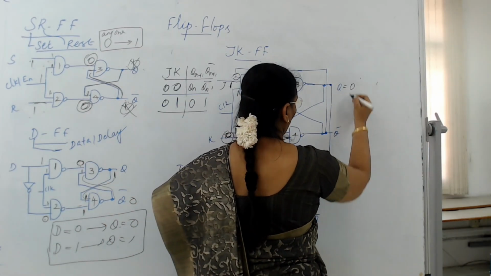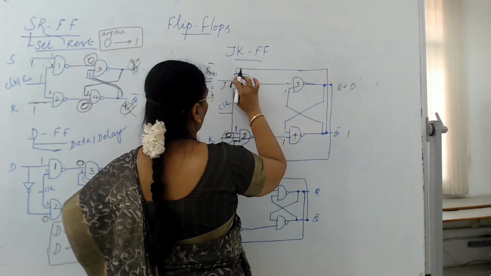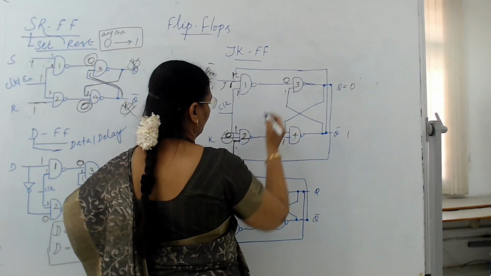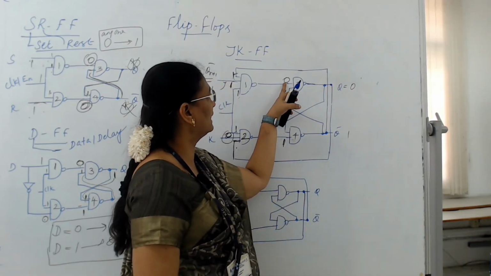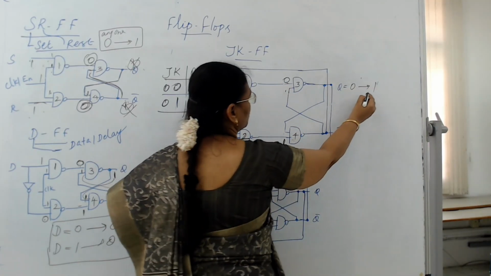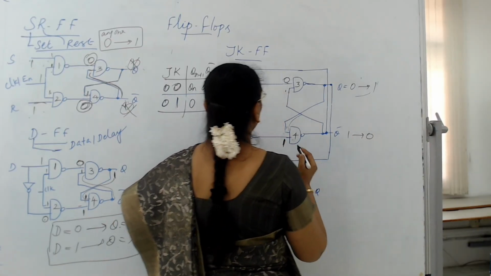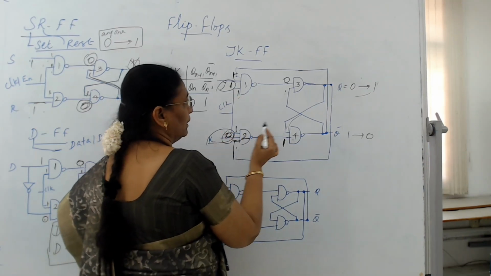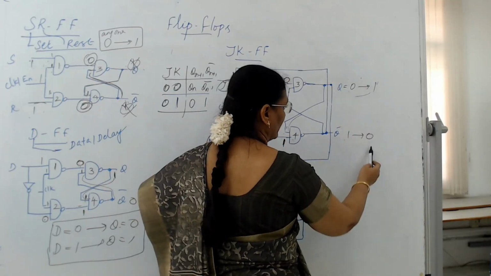If you are assuming 0 and 1 here, then the Q bar will be given here. So it is 1. If all the inputs are 1, it will become 0. Here, it will become 1. Since one of the inputs for the third NAND gate is 0, it will make the output 1 and this 1 will come here. So 1, 1, the output will change to 0 here. So if J is equal to 1 and K is equal to 0, if the previous value is 0 and 1, it is making the output 1 and 0.